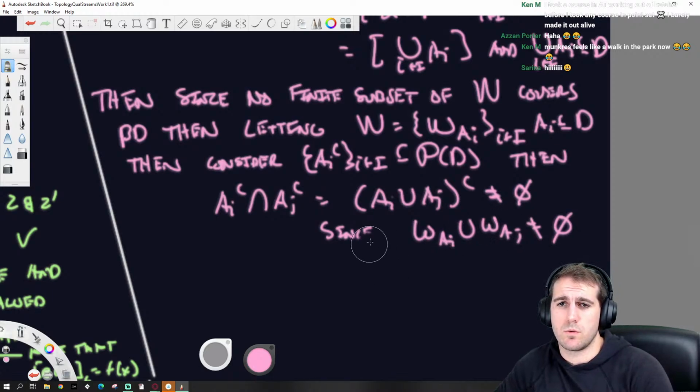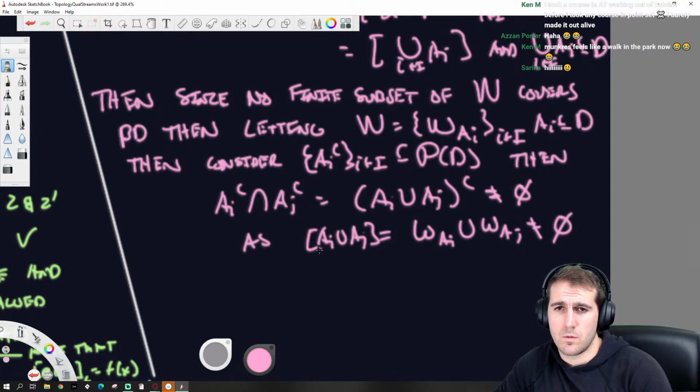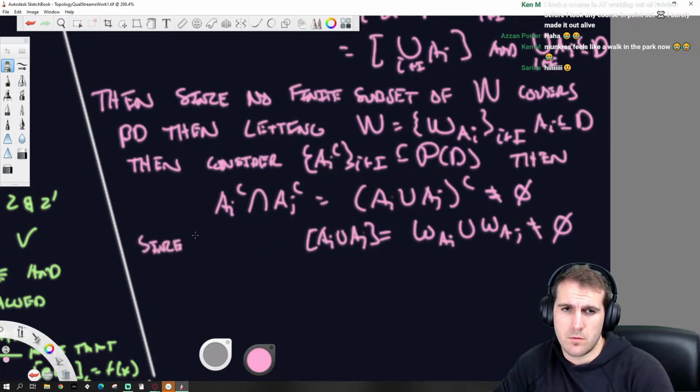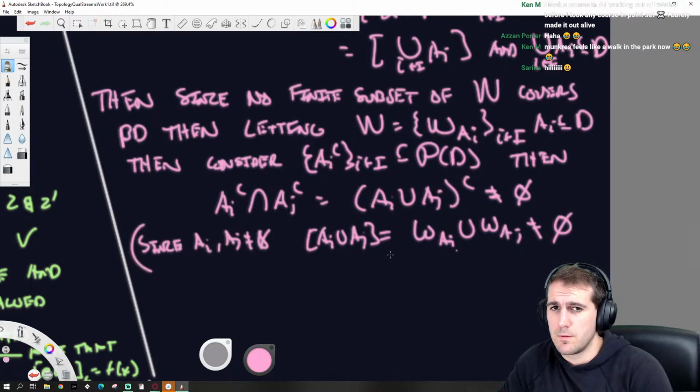This is just equal to AI union AJ, that cylinder. And so since AI and AJ do not equal the empty set, this is equal to the union of those filters, which is not empty, so their complement is also not empty.